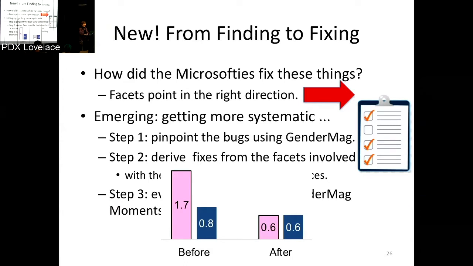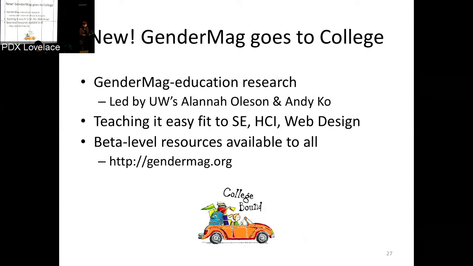Okay. GenderMag goes to college. We have more stuff. So one of the things about working on trying to make the world a more equitable place, trying to make software better, trying to make everything better, is that it shouldn't be relegated into a hobby. You know, you have to try to figure out some way to work it into your day job. And so when making your software gender inclusive turns out to be just a debugging task, now it's in your day job, okay? So we're trying to do that in the classroom as well. Instead of, oh, there's a whole diversity course you can take and memorize and forget, and then we get back to the regular courses, okay?